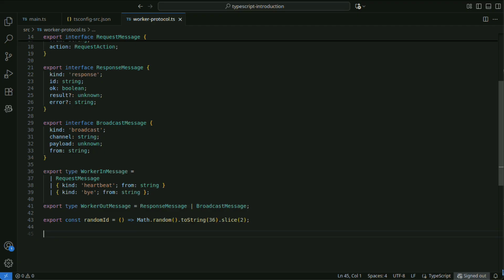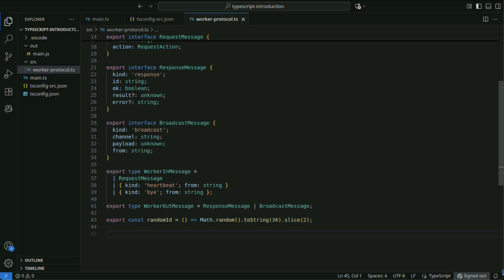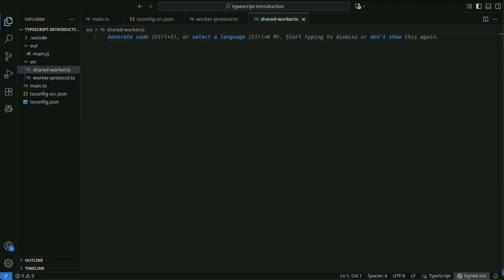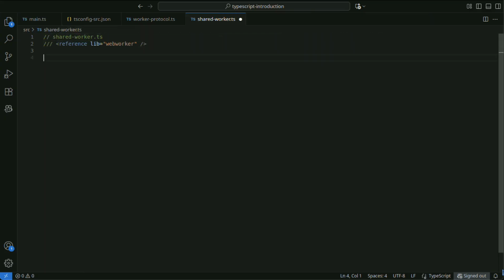In the shared worker TS file, register tabs that connect via the onConnect event and handle messages. This directive instructs TypeScript to load type definitions for web workers.